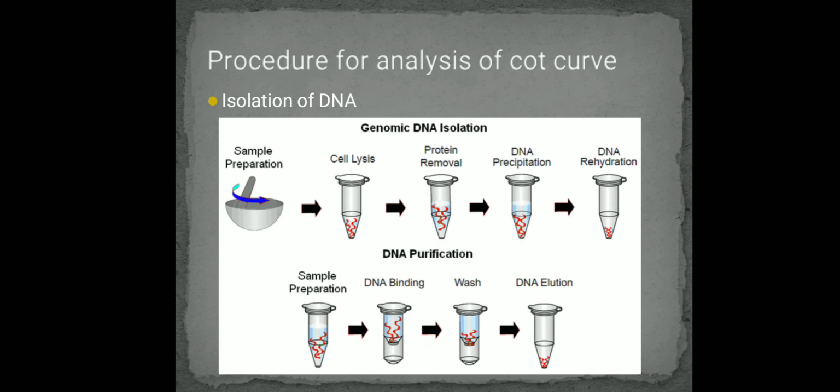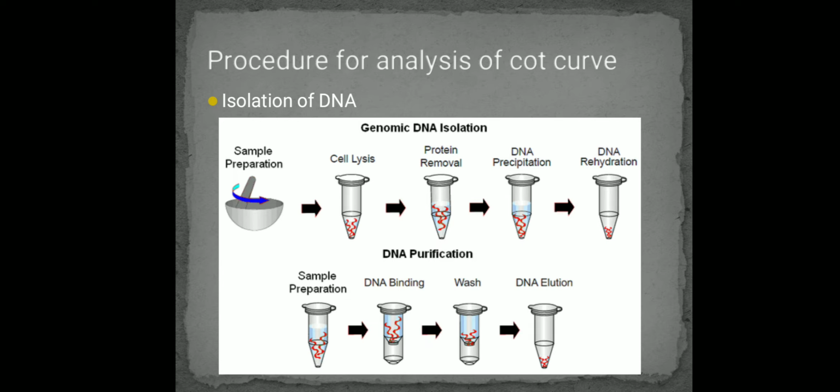We can get to know the properties of any DNA. It could be a plant material, or it could be a microbial cell, or it could be animal tissue. From any of these we can isolate the DNA. Whichever tissue we are interested in, based on our research interest, we will isolate the DNA. We are microbiologists, so we will be thinking of microbial cells. In our lab, you would have already performed DNA isolations.